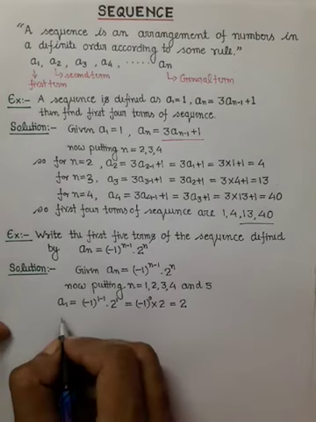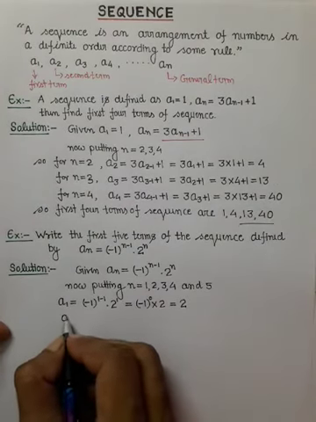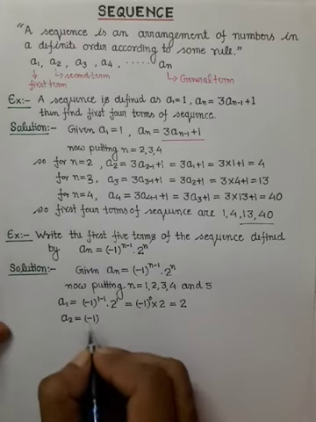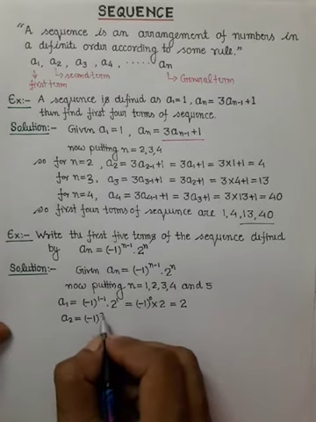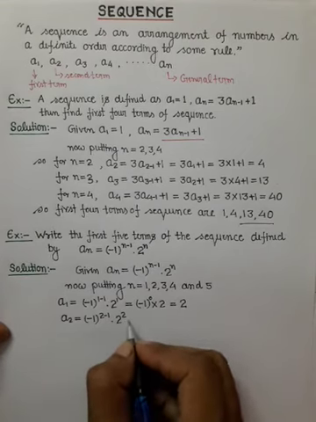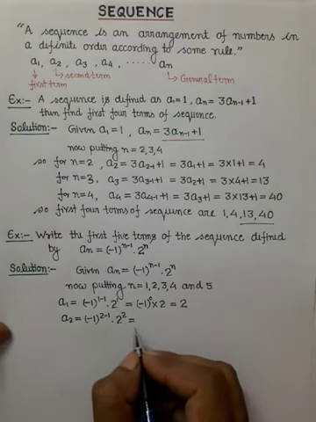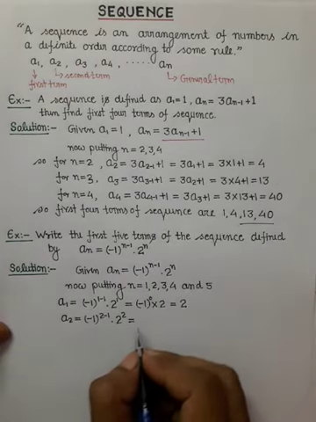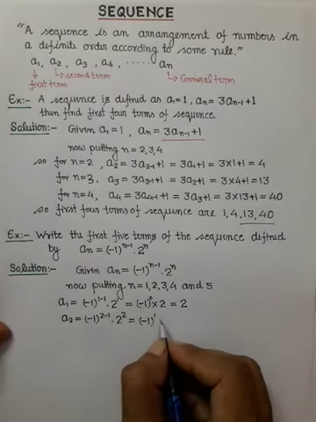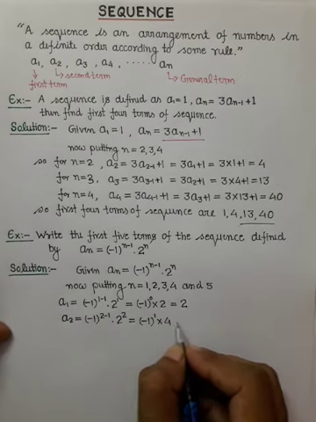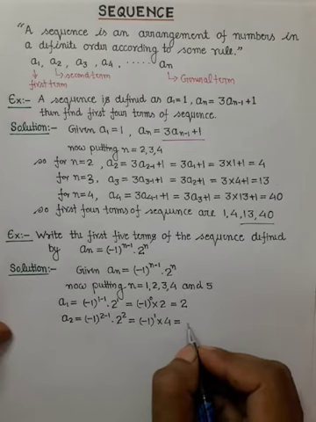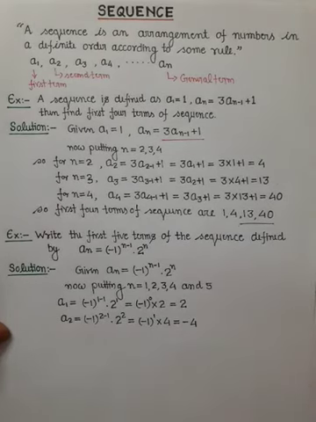Now after that we will put n is equal to 2. So it can be written as a2 is equal to minus 1 to the power, n we will replace with 2, so this is 2 minus 1 into 2 to the power 2. So of course this comes out minus 1 to the power 2 minus 1. This can be written as minus 1 to the power 1 into 2 squared, which will be 4. So of course minus 1 to the power 1 will be minus 1. So this can be written as minus 4.